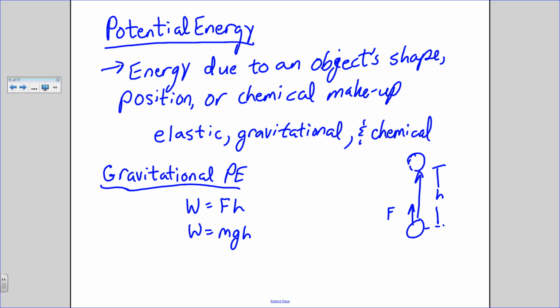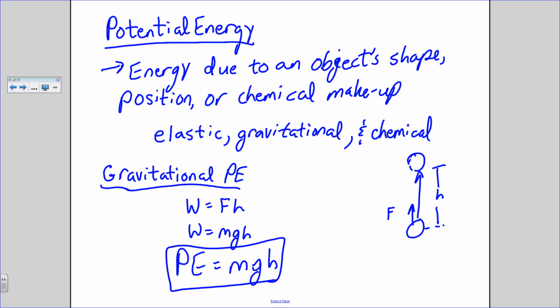So the work when I move an object from here up to a height h is equal to the weight of that object times the height that I change it by. And so the amount of potential energy then is also equal to this. So the gravitational potential energy, which I'm going to call PE, is equal to m times g times h. My gravitational potential is m times g times h. All right, so for example,